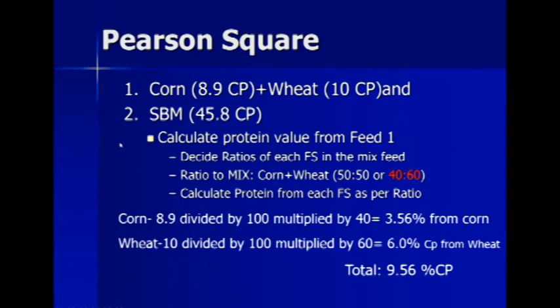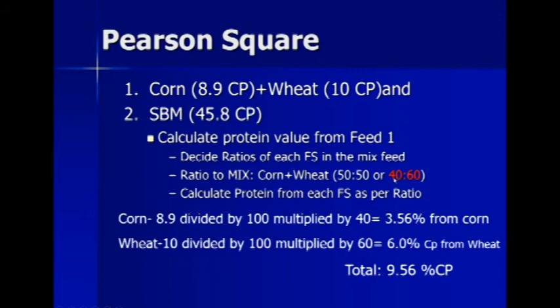So in this case, we mix corn and wheat, and then we have a soybean meal. Then we will have to calculate the amount of protein available from feed mix one, that is corn and wheat. Then again, the question is, how much quantity of corn and wheat should be mixed together. For that, the very easy way is to decide upon the availability of the stuff. If we have more corn, then we can use more corn. If we have more wheat, we can use more wheat. Or again, we can also consider the price or any other factor which is prevailing at that time.